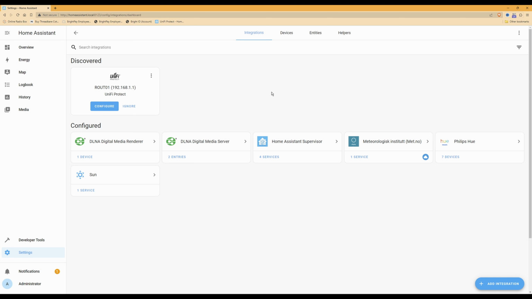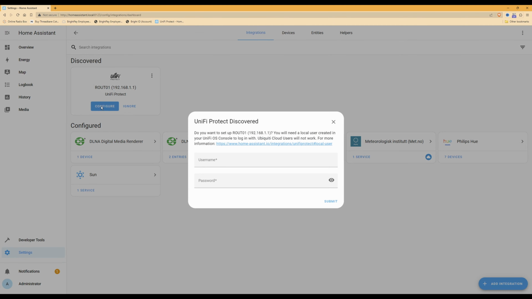in Home Assistant. Now here you can see that it's discovered my UniFi Protect running on my UDM Pro, which is called Route 01, and next to it there's its IP address. Now this has already detected my UniFi Protect application, so what I can do to add it into Home Assistant is click on Configure. Then once you have clicked on Configure, you will be presented with a window that pops